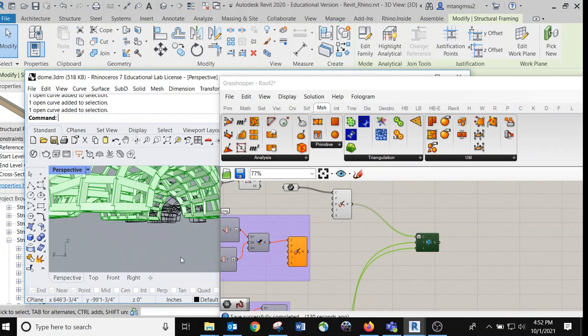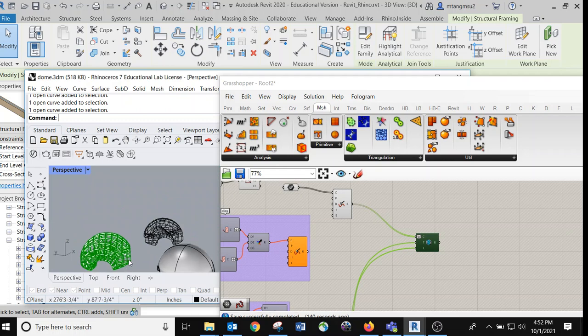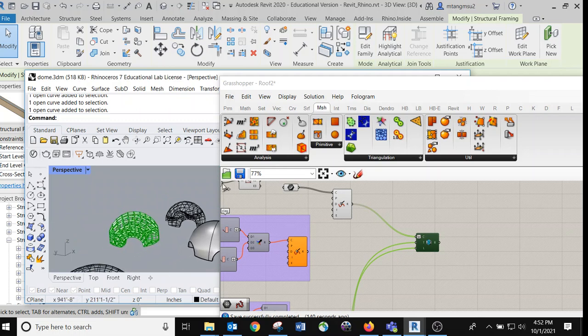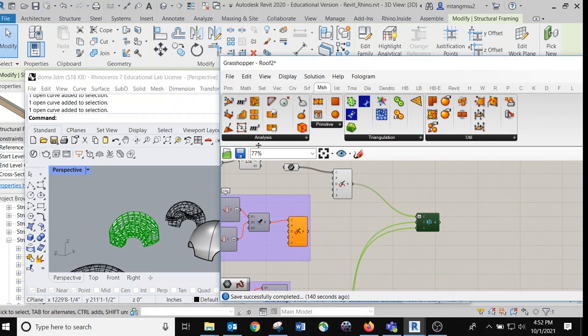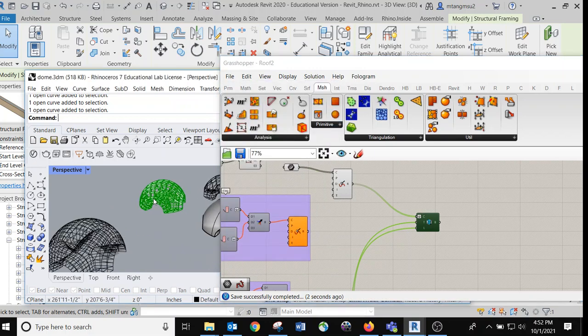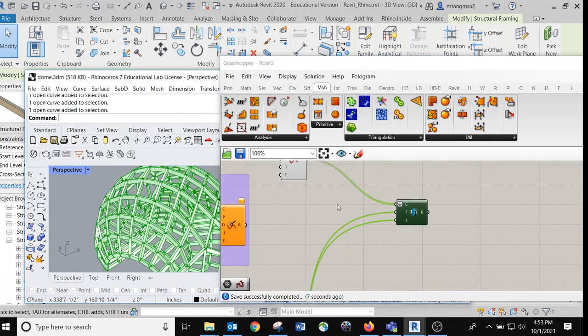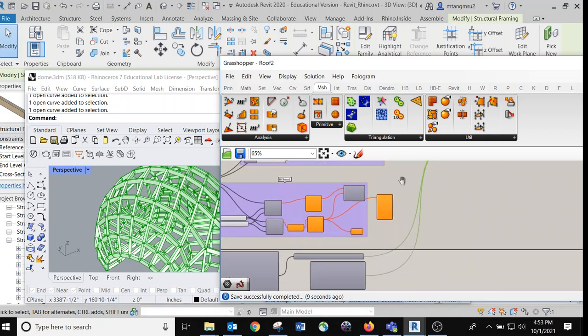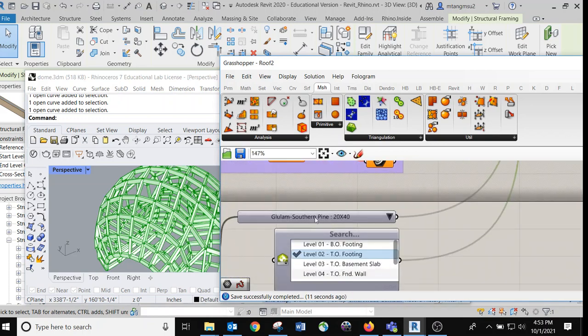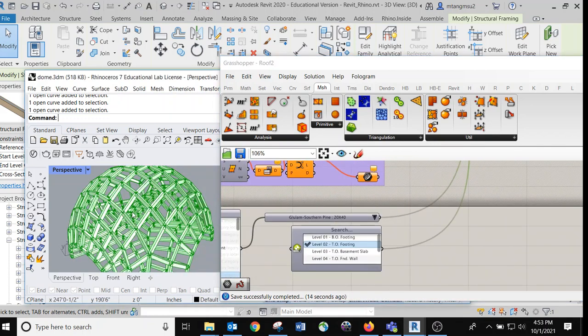All right, so later I will post this script online, Roof 2, so you guys could play with it. And here you can see the result of the 3-dimension form using this Revit type 20 by 40. So it showed up here